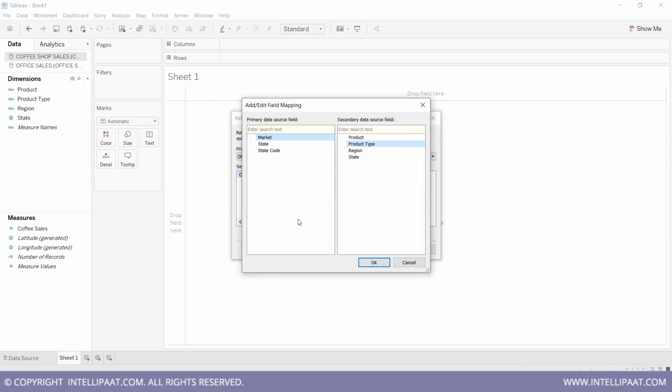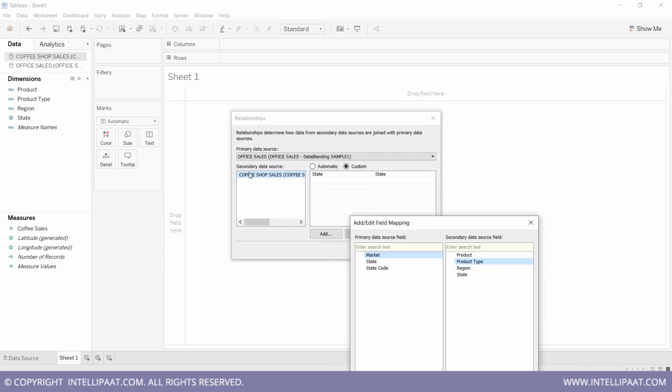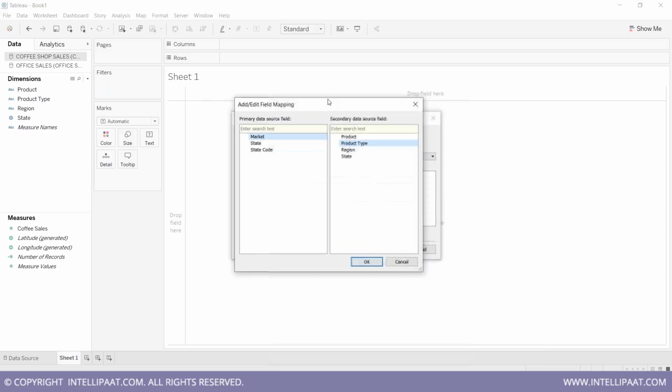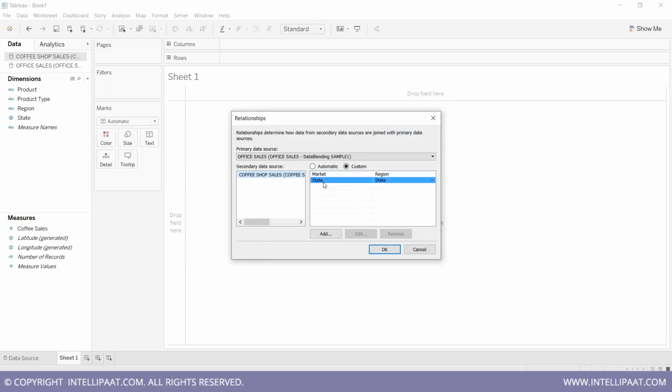So these are the fields which belong to my primary data source, and these are the fields which belong to my secondary data source. Now I'll say market. As you can see in the Excel files, I hope you remember, the market from my primary data source is equal to region from my secondary data source. Though the column names are different, the content within these columns is just the same, right? So when I click OK, a manual relationship has been created. Market and region is the